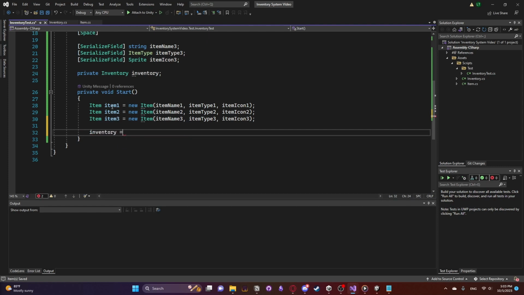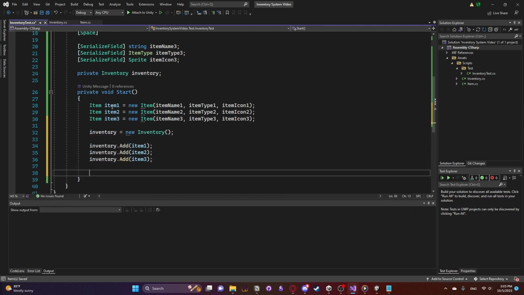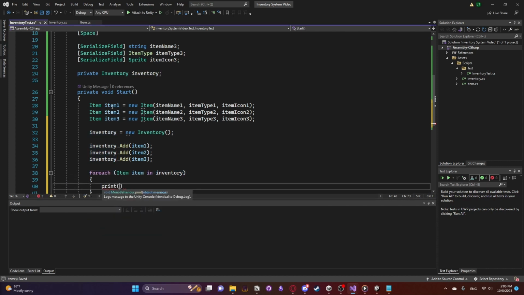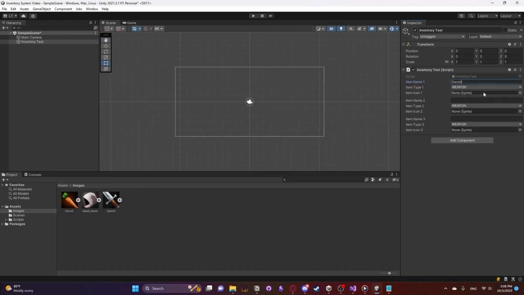Instantiate the inventory object, and then write a quick for loop that just prints the name of each of the items. Remember how I said the IEnumerable would come in handy? I can just use foreach on this inventory, and it just works. See? No errors. Over in Unity, let's create an empty game object called inventory test and add the inventory test